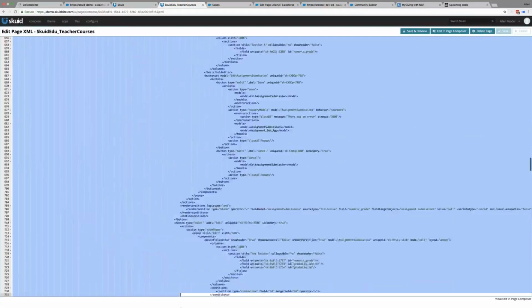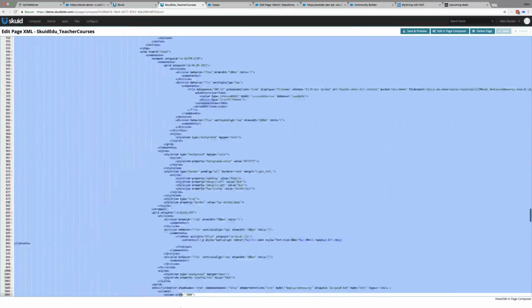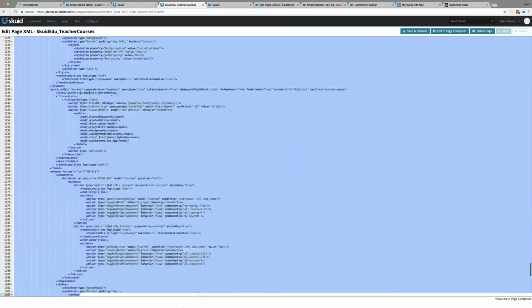We again ask you not to edit what's in our demo org since so many people are using it. We want to keep it consistent and keep it the same. But you can come in here and actually just highlight all this XML and copy whole pages out of the demo org and either paste them into new pages in our demo org that you can customize from, or paste